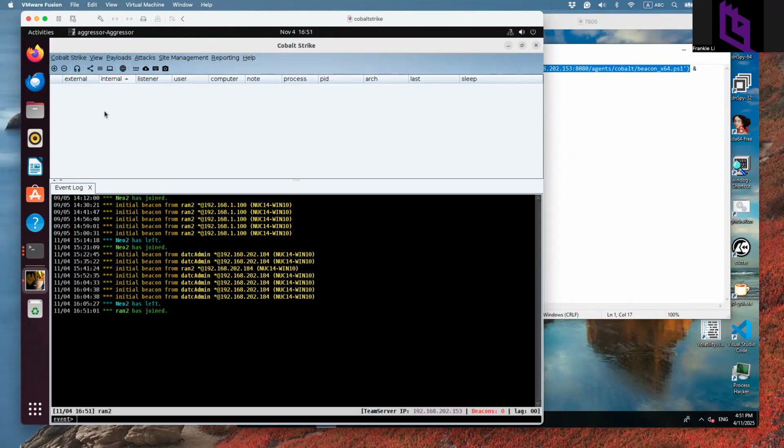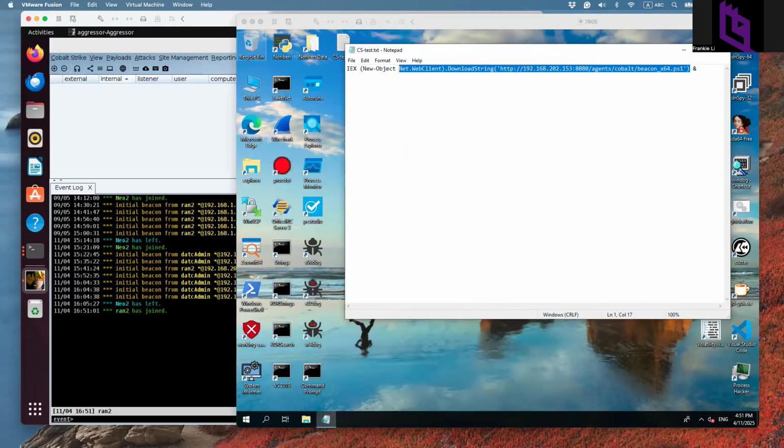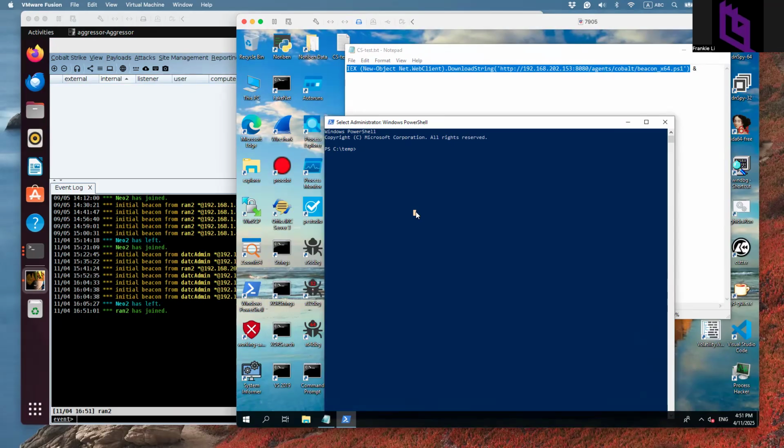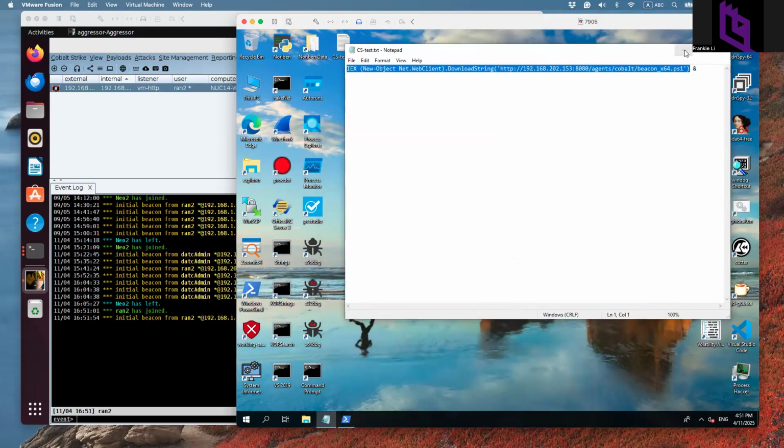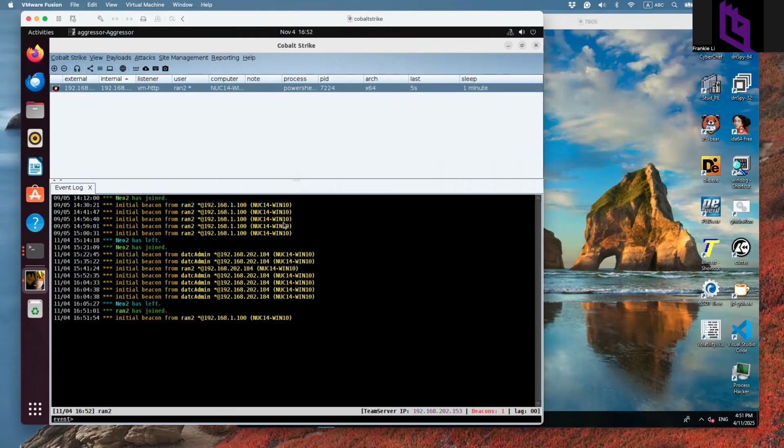Before that, I created a beacon for reverse engineering testing. Now I'm using another version to try to get the Cobalt Strike beacon injected in PowerShell. So I create a copy of the PowerShell and then paste the command right here. I keep on minimizing it, and you will see that Cobalt Strike is already reporting to